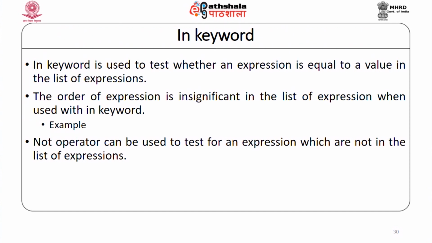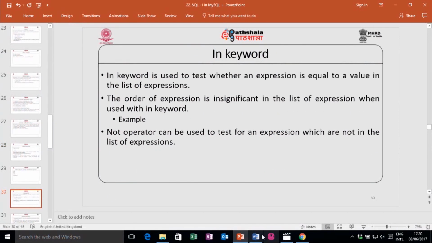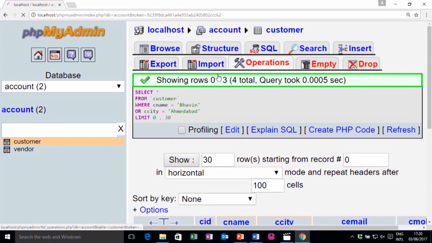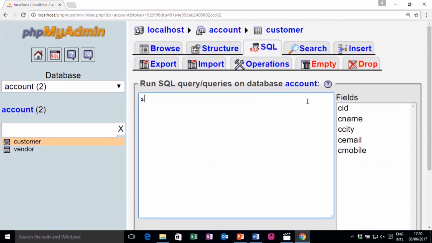The IN keyword is also used to test whether an expression is equal to any value in a list of expressions or not. For example, for the same query, I can write select star from customer where customer city in Ahmedabad, comma, Rajkot.